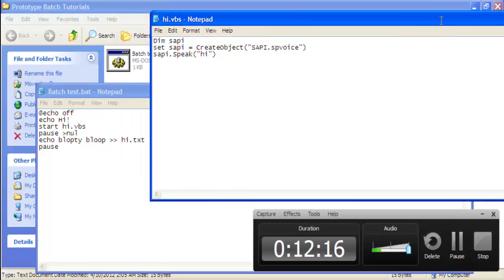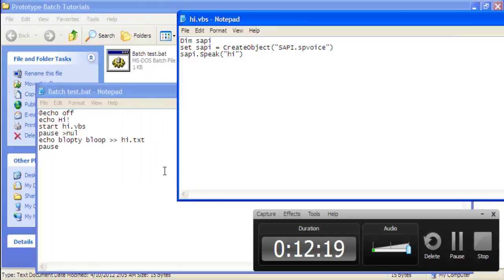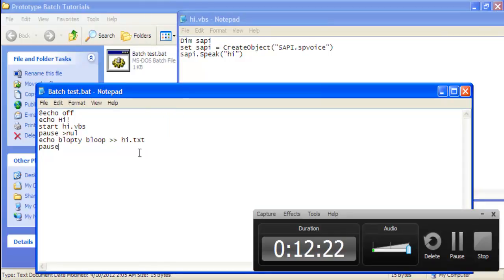So basically, on here, you could put dim sappy where blobbity bloop is, and have it where it says hideout.txt be like hideout VBS or whatever, and then you would do enter and then do the echo, and then put in the 2nd line, which is set sappy equals create an object parenthesis quote sappy dot sp voice unquote parenthesis,